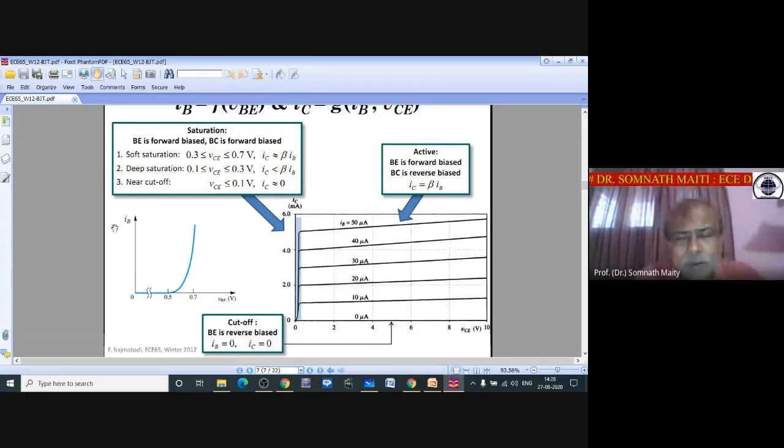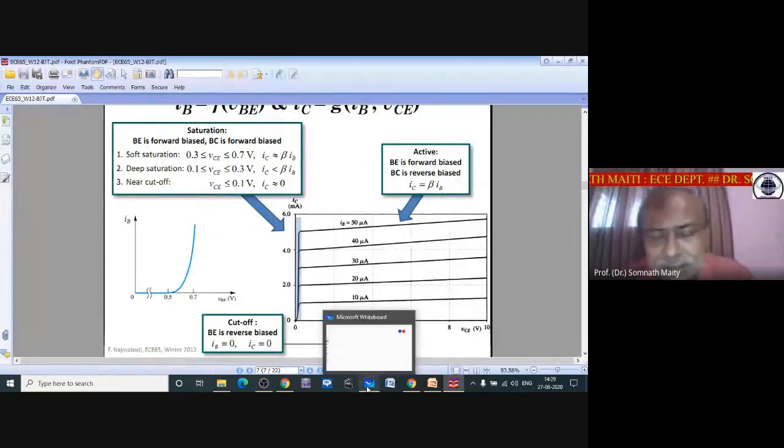Why is this important? In order to understand the operation of a transistor, you need to visualize the characteristics. To understand how a transistor works, knowing the IV characteristics is necessary, okay? And these characteristics are important for collector to emitter, common emitter mode.